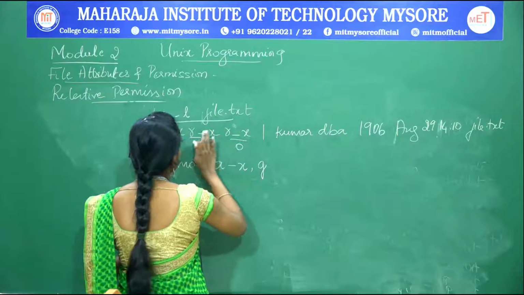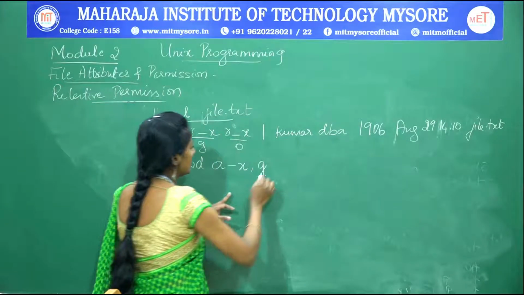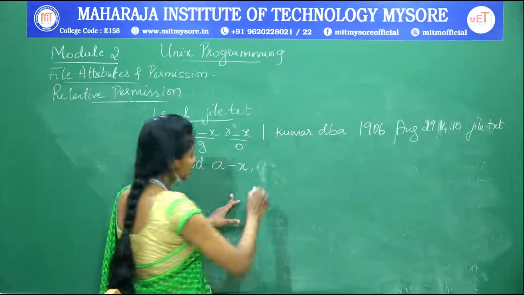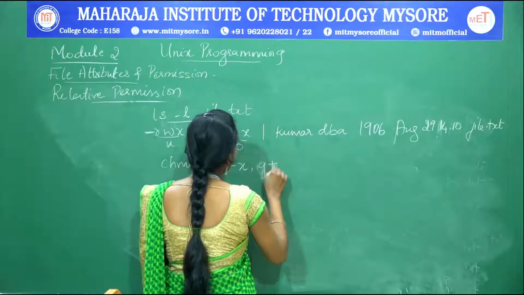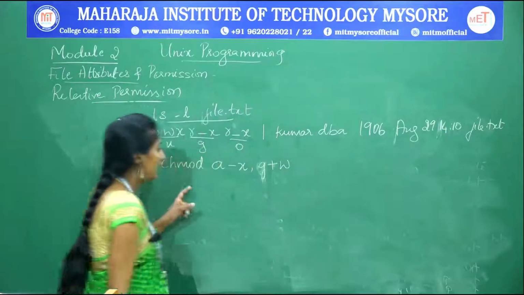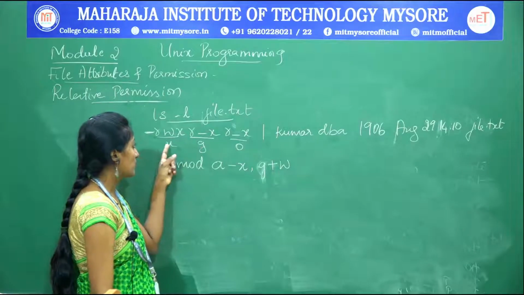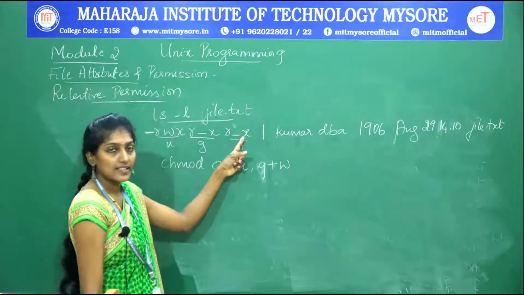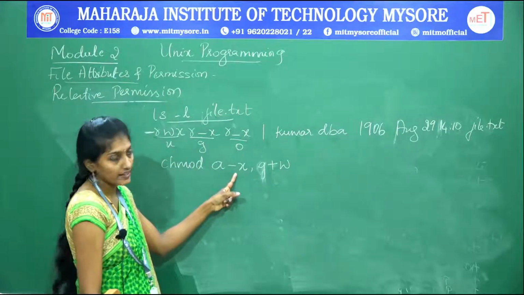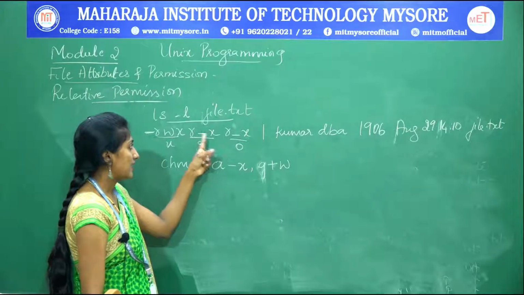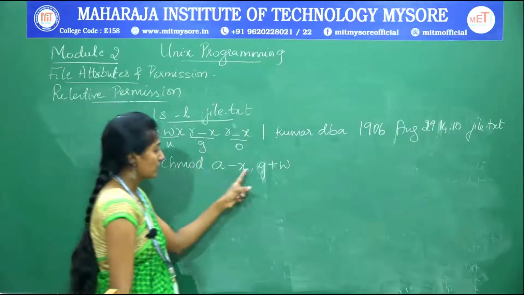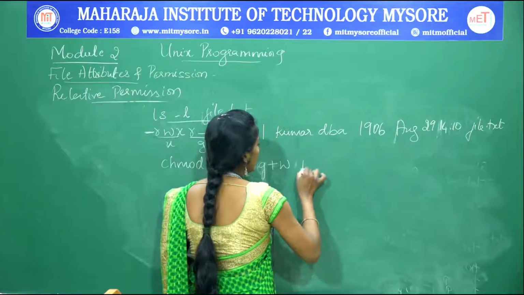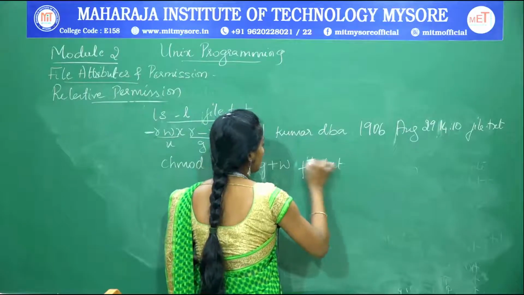Next, assign read. Let me assign the write permission only for the group. For the group I will assign write permission. So as of now, I have the execute permission for all 3 categories, so I am removing it. Next, I am assigning the write permission for group. So you have provided 2 multiple expressions here, for file.txt.